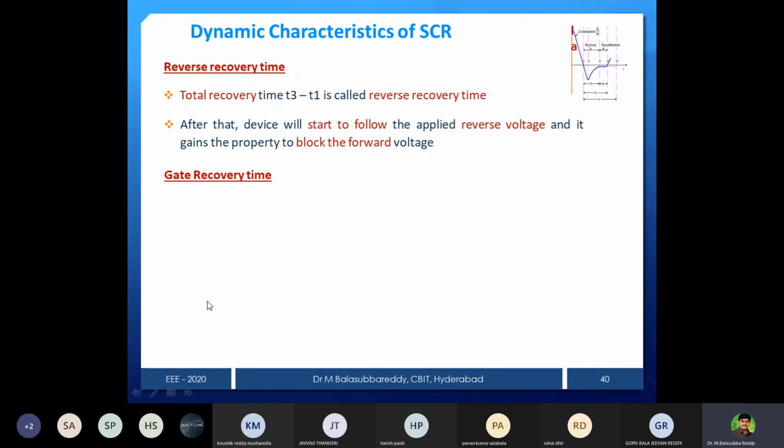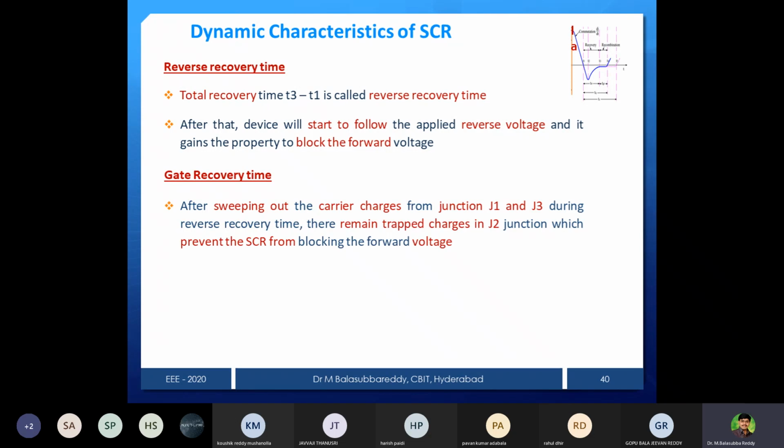TRR is the gate reverse recovery time. TGR is the gate recovery time. To remove the excess charge particles from the inner junction, I call it the gate recovery time. Now we can see that after sweeping out the carriers from the outer junctions, that is J1 and